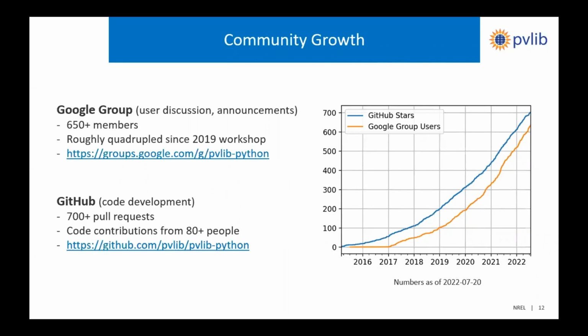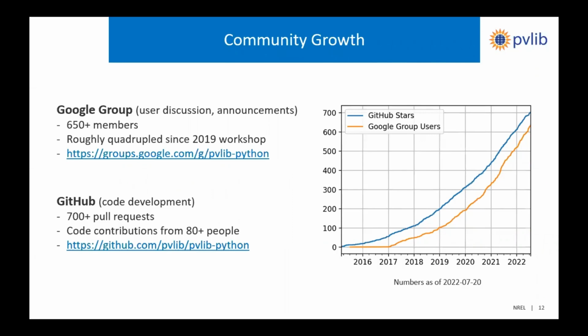Again, it's a little bit difficult to translate those numbers into the overall number of users that we have. We don't really know what fractions those are of the total user base. Surely they're small fractions, or at least I hope they are. So I tend to focus more on the growth rates rather than the absolute numbers, at least for those two curves. What's more concrete, though, is that we have had to date contributions from over 80 unique individuals,